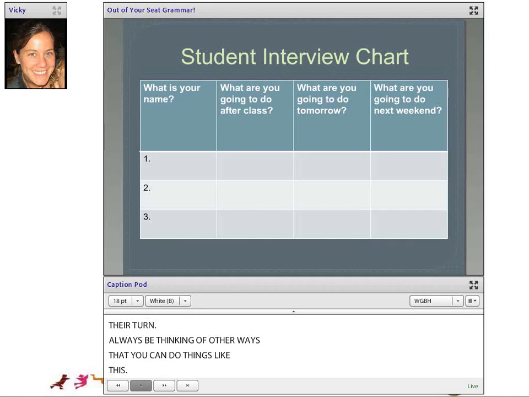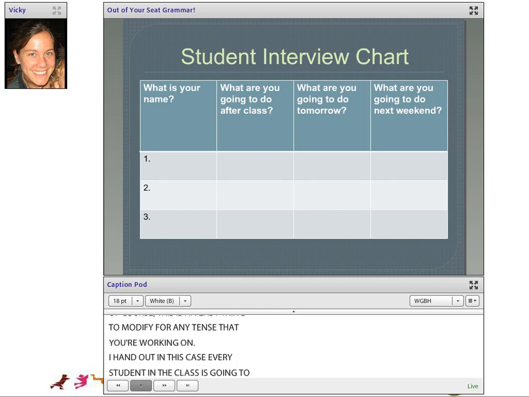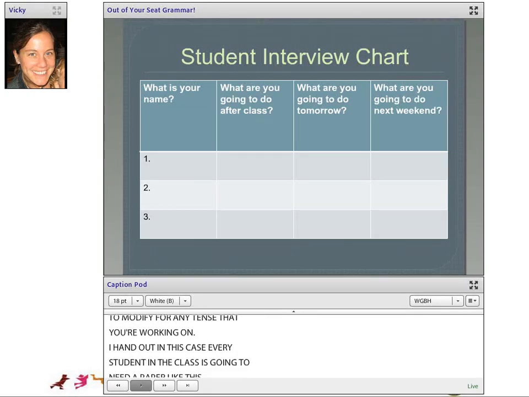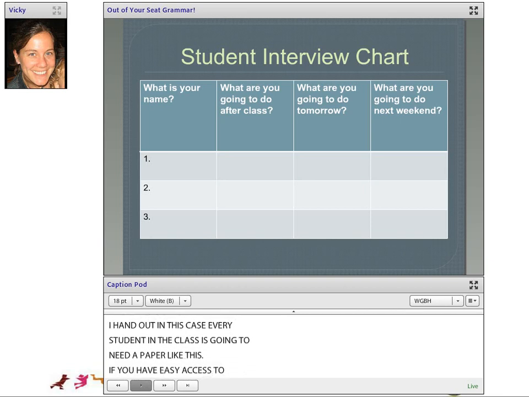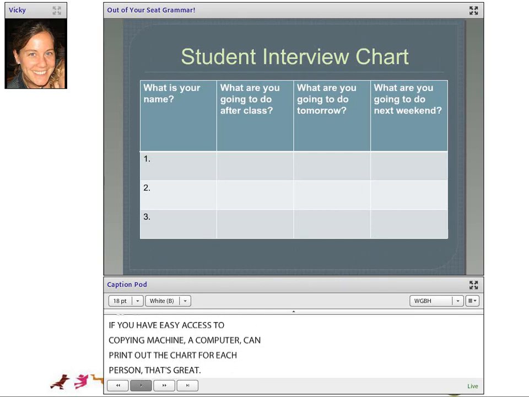The next activity is called a student interview chart. In this case, I have made 3 questions using the future with going to. Of course, this is an easy thing to modify for any tense that you are working on. In this case, every student in the class is going to need a paper like this. If you have easy access to a copying machine, a computer, and can print out the chart for each person, then that's great. If you don't, if students are just with their notebooks, you could make this part of the